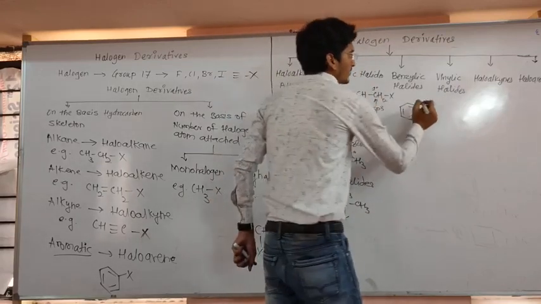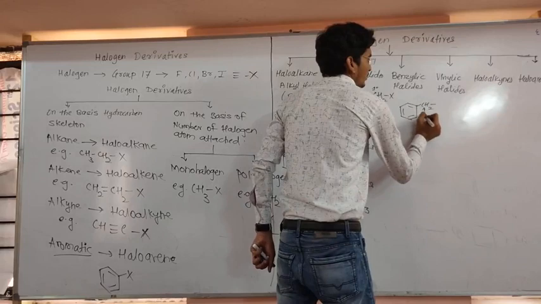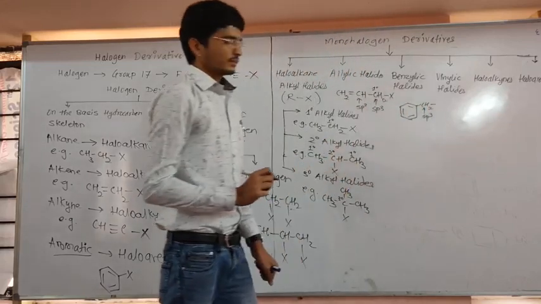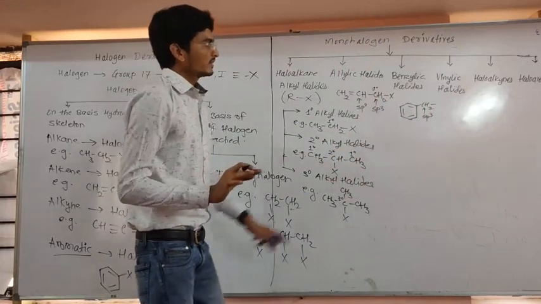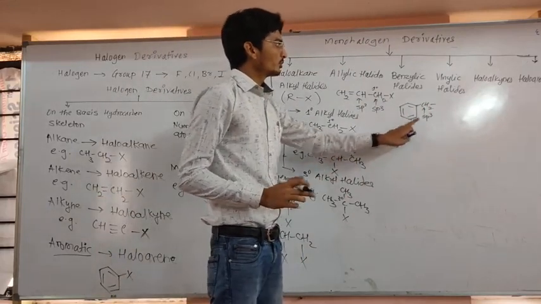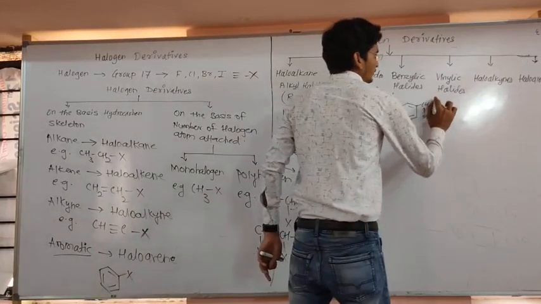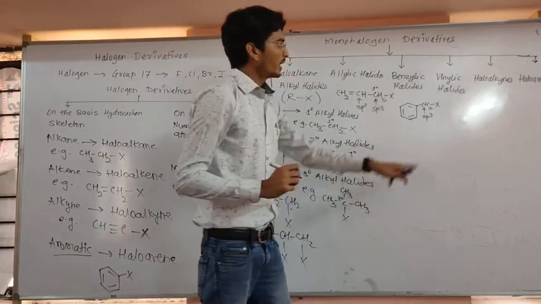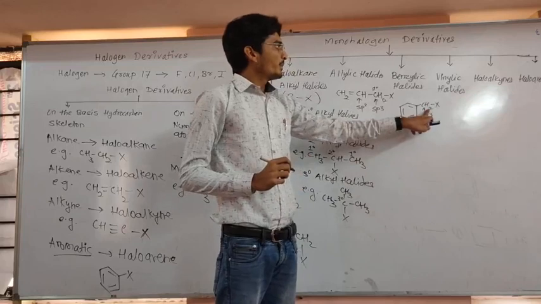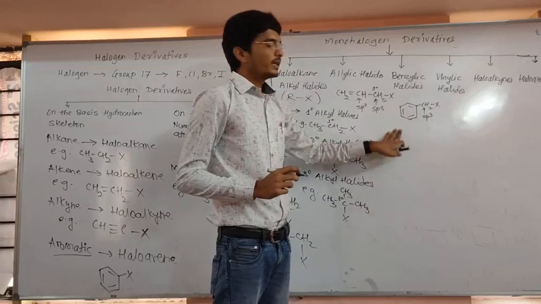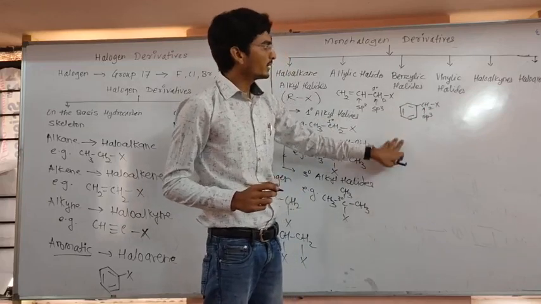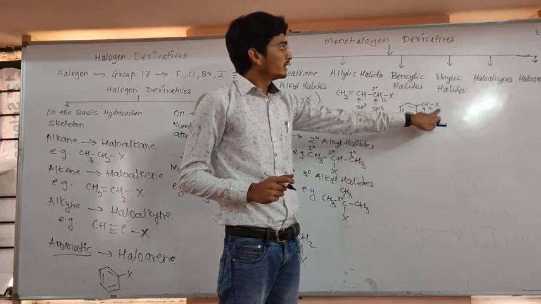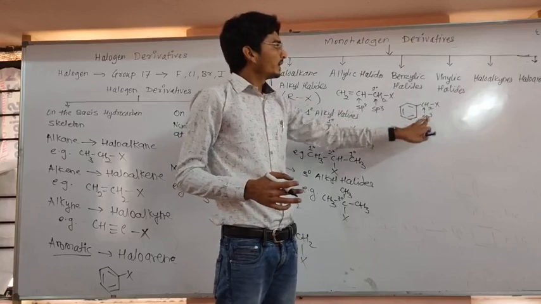So this carbon is the sp3 hybridized carbon directly bonded to the benzene ring or aromatic ring. In such cases it is called the benzylic group, and if such a group is attached with the X, or halogen atom, attached with the benzylic carbon, then it is called the benzylic halides. There are a lot of examples. Just substitute the halogen by chlorine, bromine, like that.